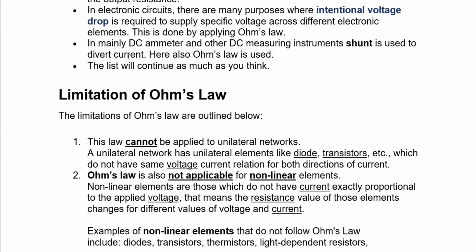The rest of the current is diverted using the shunt resistance. Shunt is a very small value of resistance, as I told you earlier. Here also Ohm's law is used, and this list continues